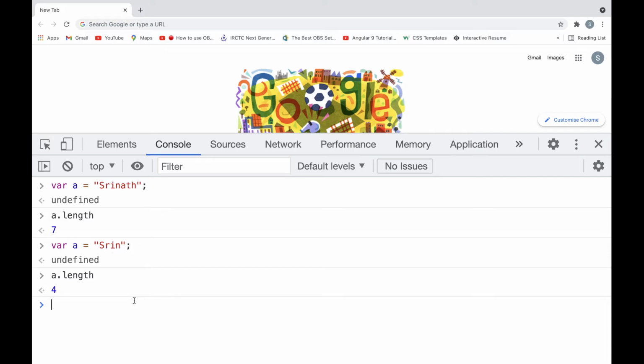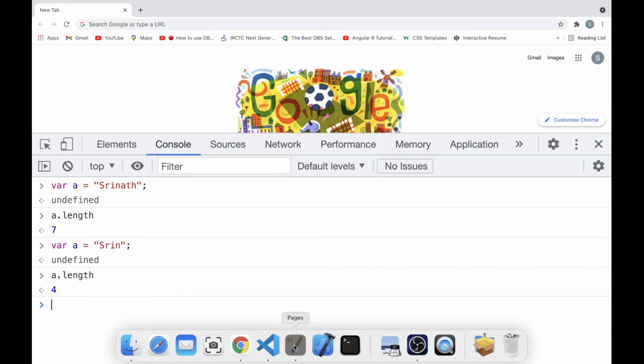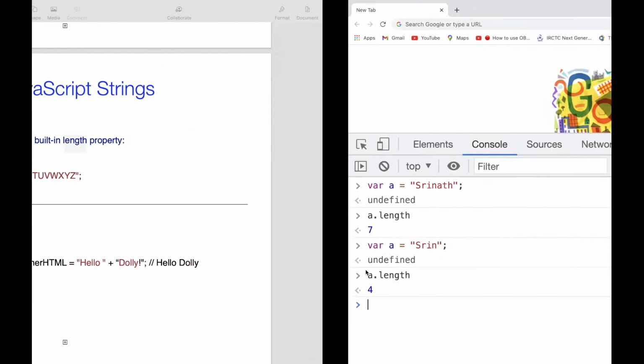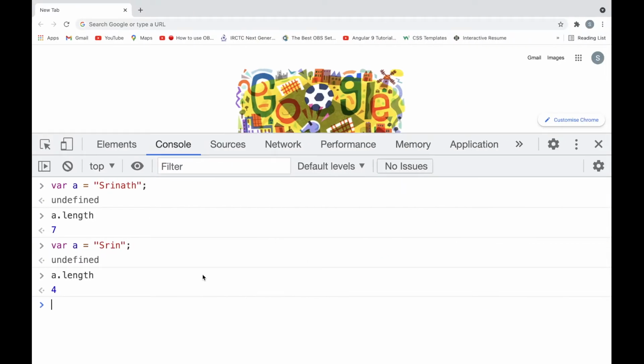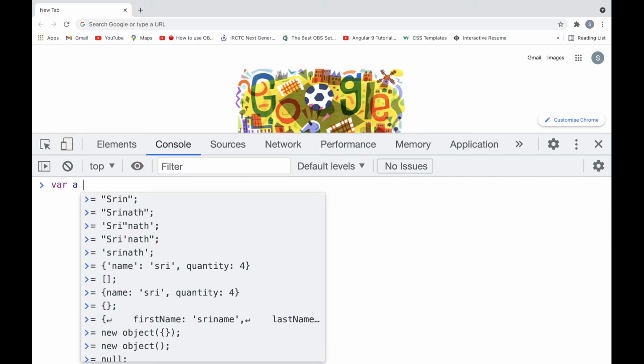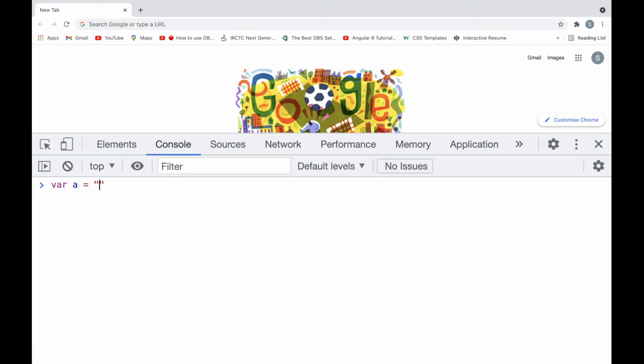The last point is addition, how we can do the addition. Let's clear everything. Let var a equal to this one. I will take one more variable, var b equal to abc.